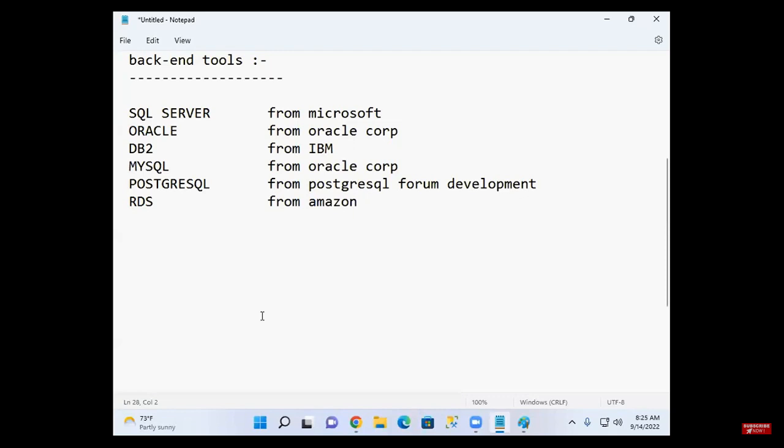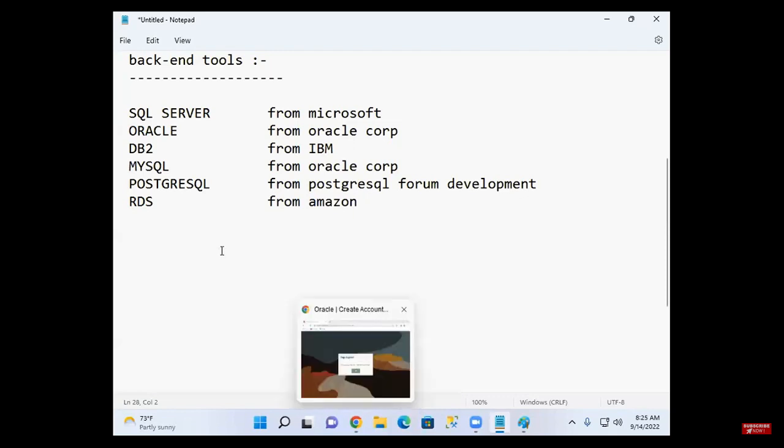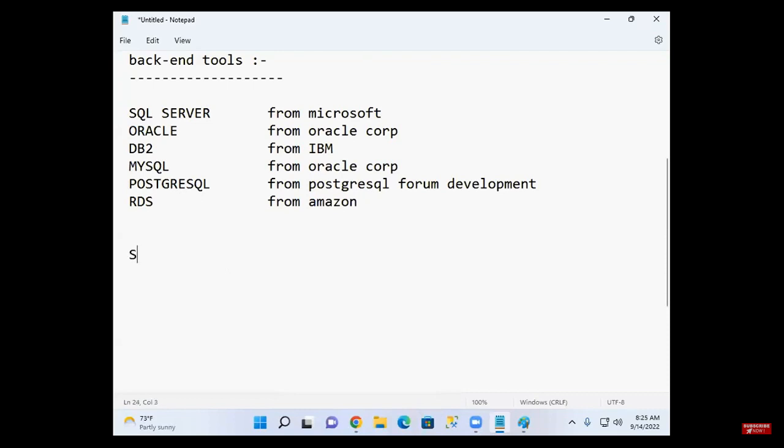How is that possible? Because all these databases use a common language. What is the common language called? SQL. In SQL Server, what language do they use? SQL.